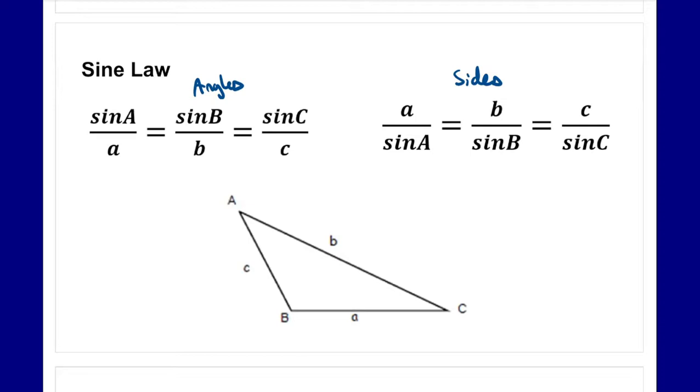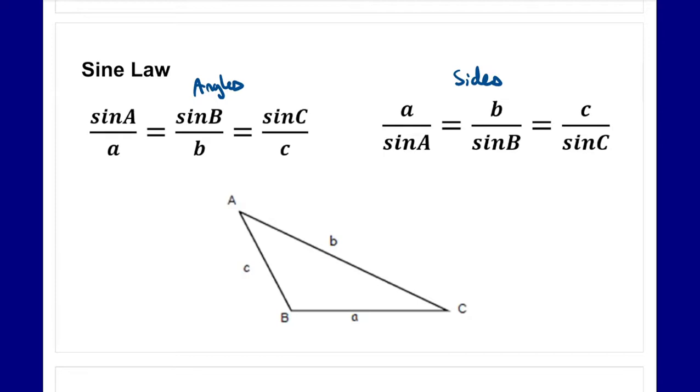We do have our triangle labeled here. It is a non-right triangle because, again, sine law is for non-right triangles only. Well, I guess I shouldn't say that. You can use it for right angle triangles, but the amount of work that you have to do to solve, it's easier to use the right angle trig rather than using sine law. So you can use sine law for both, but I would say sine law is more used for non-right angle